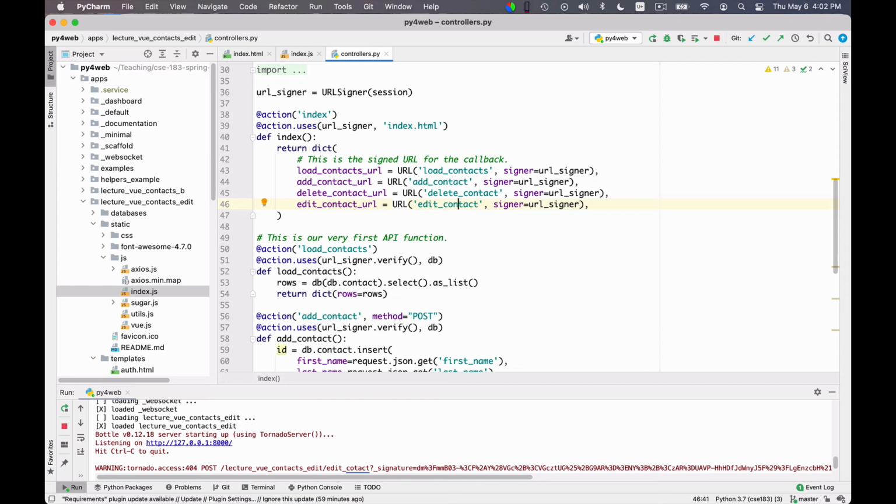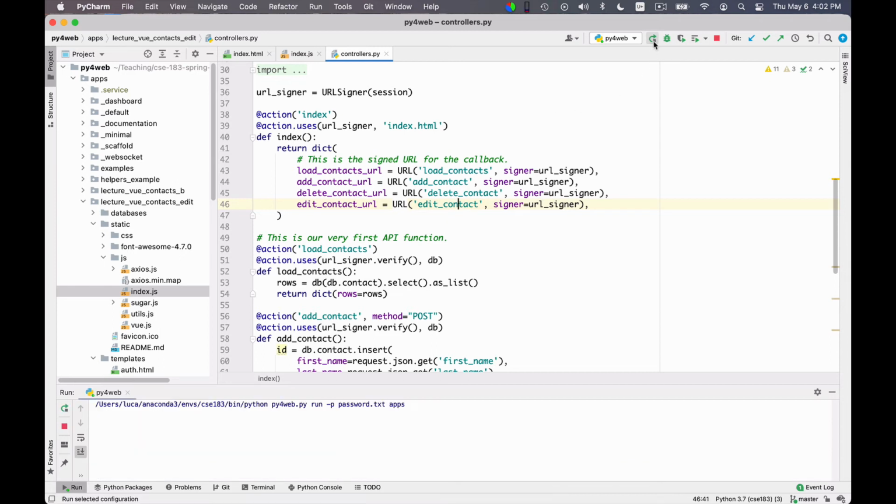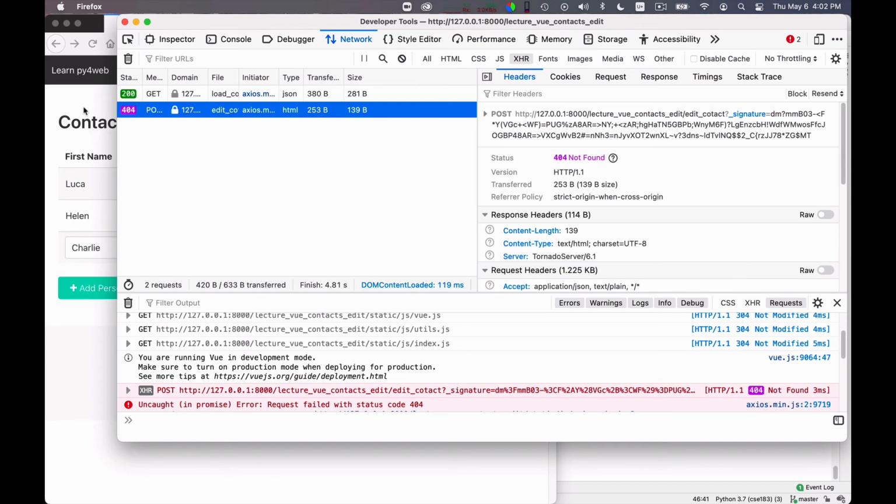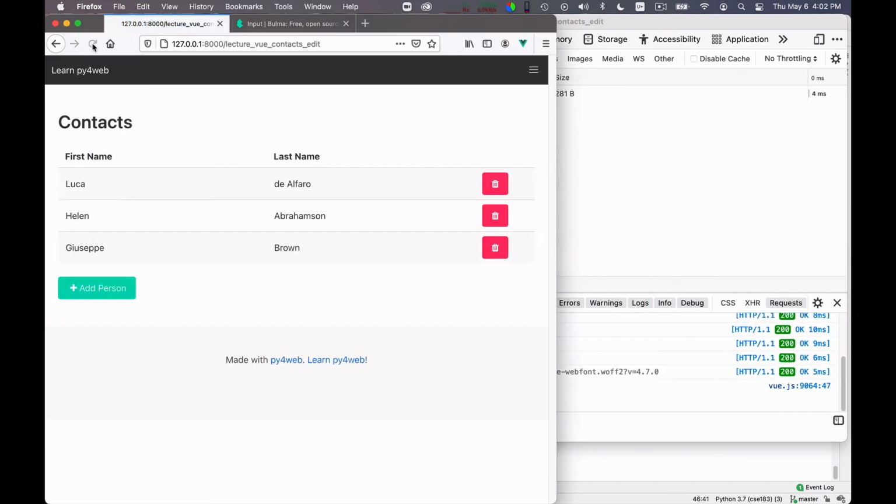So onwards to another type of error. To fix this, I need to fix, reload Python web, and reload here as well. Hopefully it's fixed now, so I can really change this to Charlie. Yes. To another problem. So Charlie Brown, I can say Charlie, I don't know, beige. Okay, now I save it.